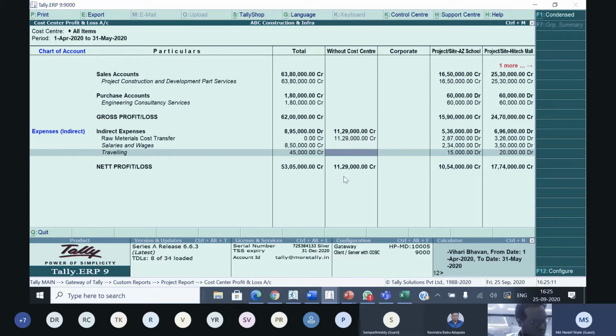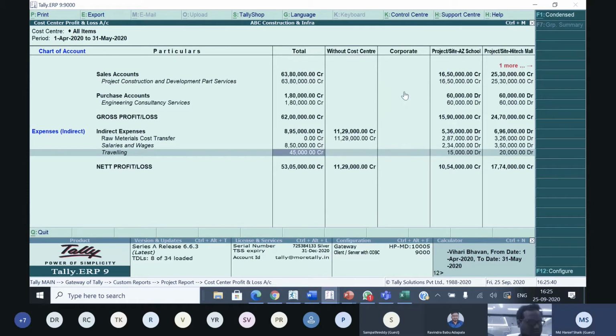This report gives you assurance that all transactions are allocated to projects or not. And here this is a corporate project we opened for common items, like office-related or other non-project-related transactions. We allocate those to corporate finance, office, one project opened for those types of transactions.